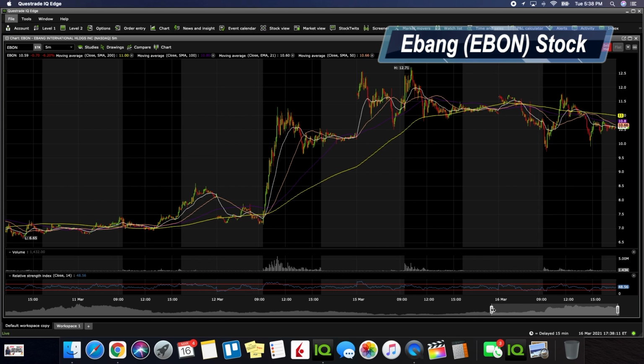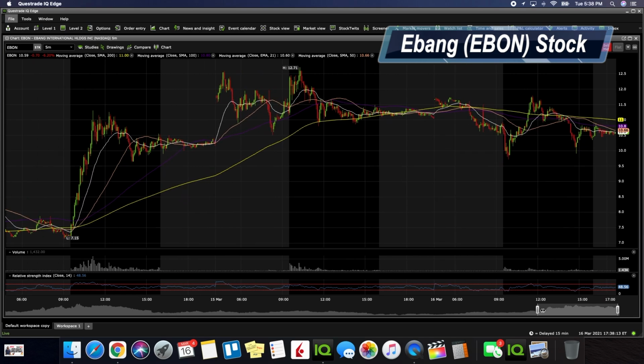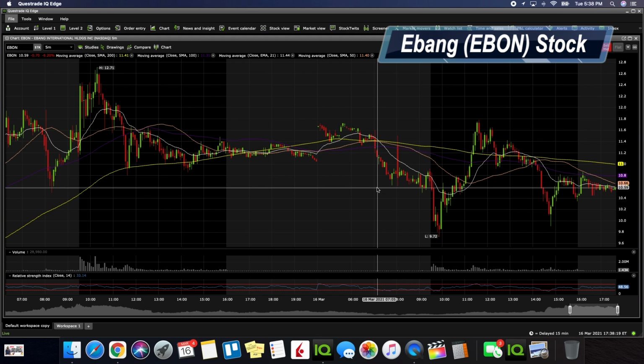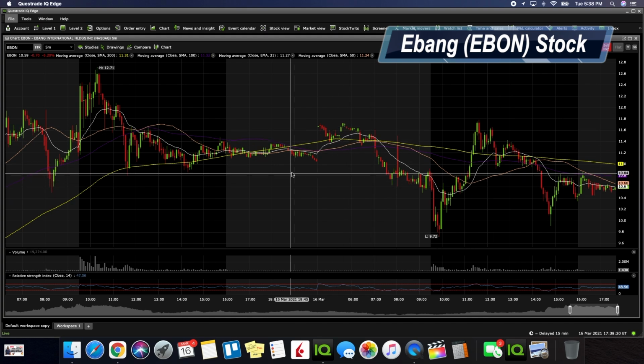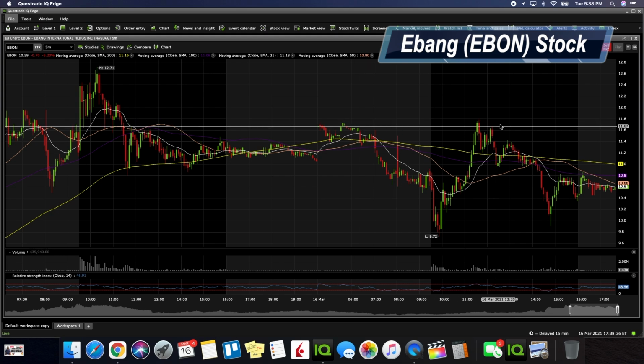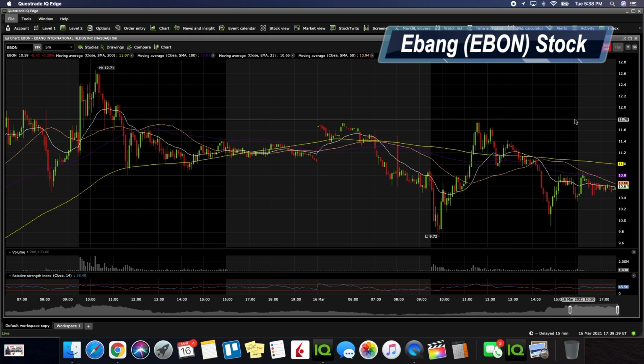So one of the things we want to take a look at, hey, we already know that this stock moves along with Bitcoin here. So one of the things that I want to see in regards to price action is how it was moving actually on the day. So you can see right here, we ended up having a gap up. We ended up meeting a resistance area here right at around $11.73. And what's interesting about this particular area, this was a resistance area that it needed to pass for the entire day, as you can see as we go all the way across. So right at this 11.80, we can even call it that, $11.80 is definitely a resistance area we need EBON to actually pass so we could start moving up.